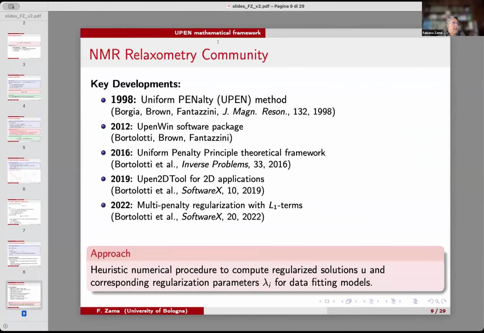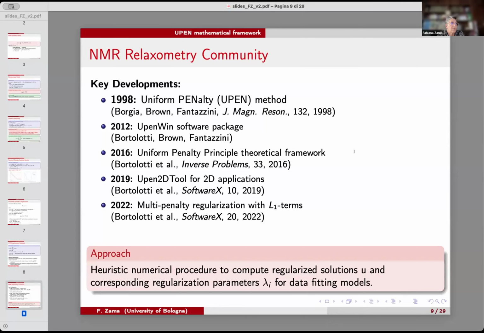So from the NMR relaxometry, this is something that William has shown you. It started with Bob Brown and Borgia and Fantazzini at the physics department with the definition of the uniform penalty method. Then it was defined in a software, and William has shown you the software and all the other software. We started our cooperation around